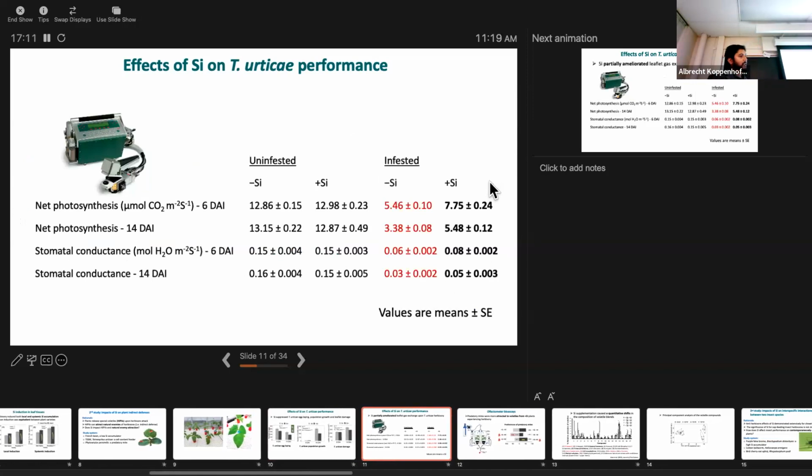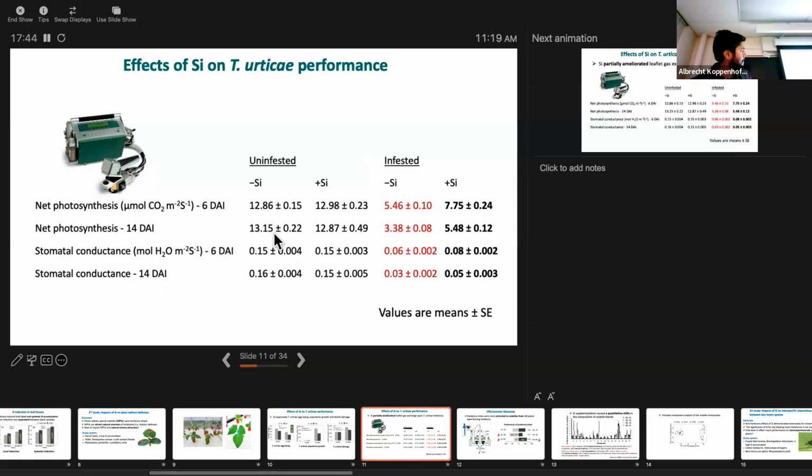So spider mite, Tetranychus urticae, also causes some sort of physiological injury to plants beyond physical damage, because they also inhibit plant gas exchange. So they reduce photosynthetic rate and transpiration. So we measured leaflet photosynthesis and stomatal conductance using a portable photosynthesis system, which is LI-COR, you know that.